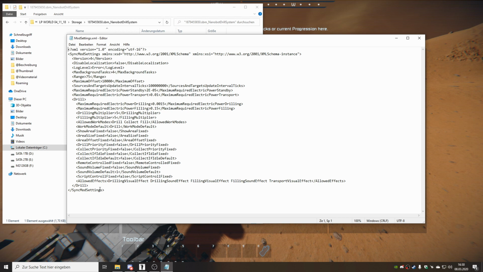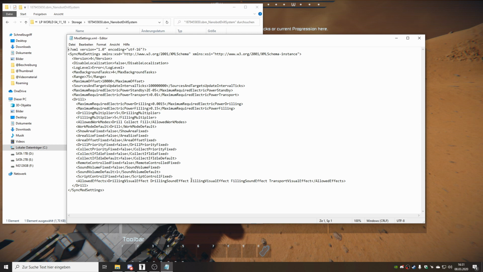Interesting. Somebody said that there is also an option to turn off the visuals of the whole thing. I'm pretty sure allowed effects, that is this thing where you can basically say, I don't want to have it